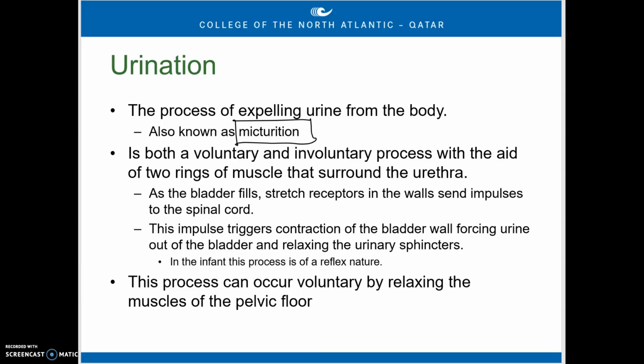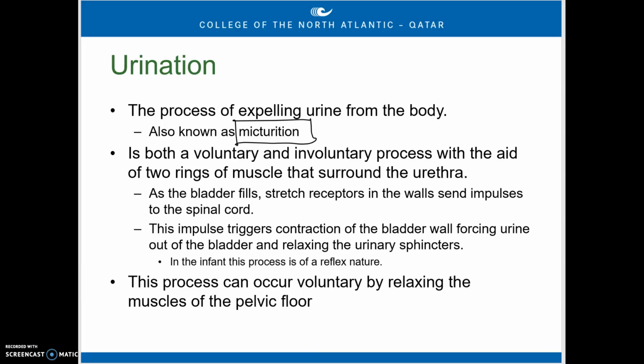Now, it involves both voluntary and involuntary muscles. And those are surrounding the rings of muscle around the urethra. So we have two sphincter muscles, and we talked about sphincter muscles in the digestive system. One of those is going to be involuntary, we can't control that, and the other one's going to be voluntary,